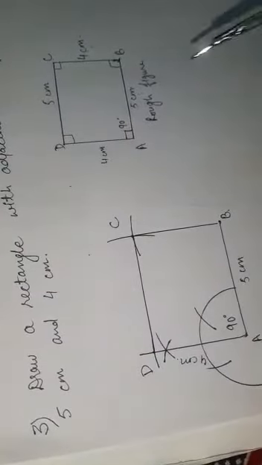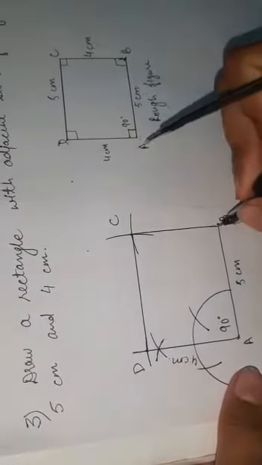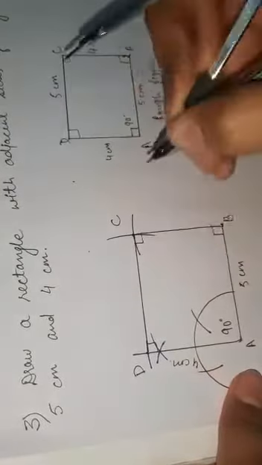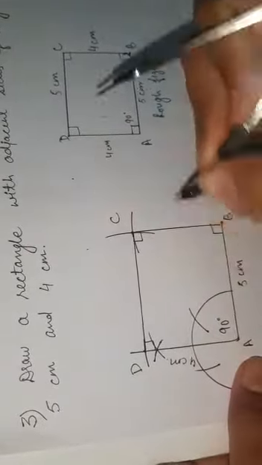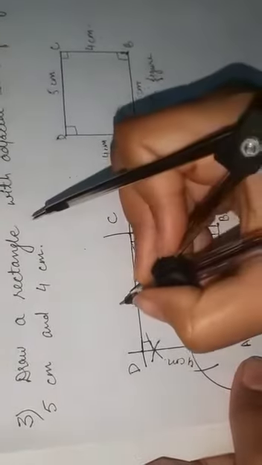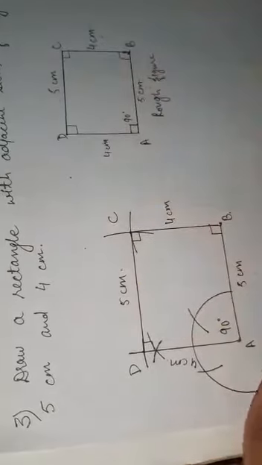So this is the required rectangle ABCD, where all these angles are 90 degrees. This is 5 centimeters, this is 4 centimeters, the opposite side is also 4 centimeters, and this is 5 centimeters. Okay,